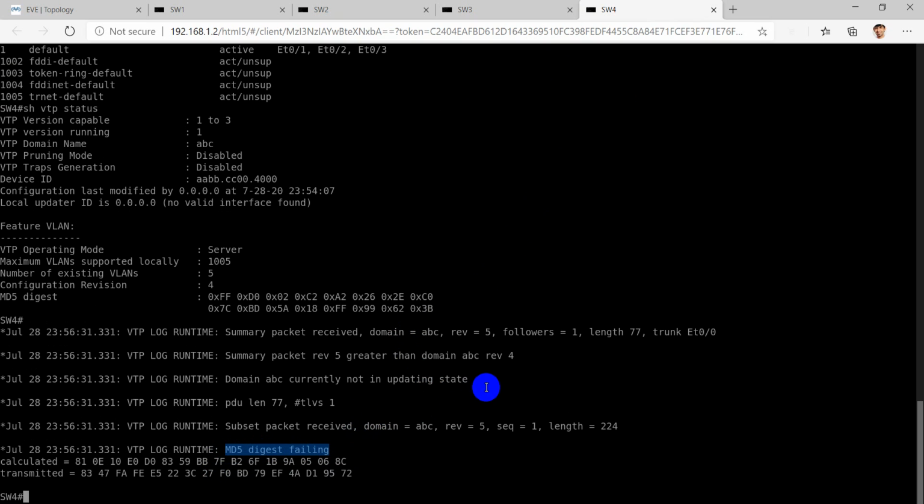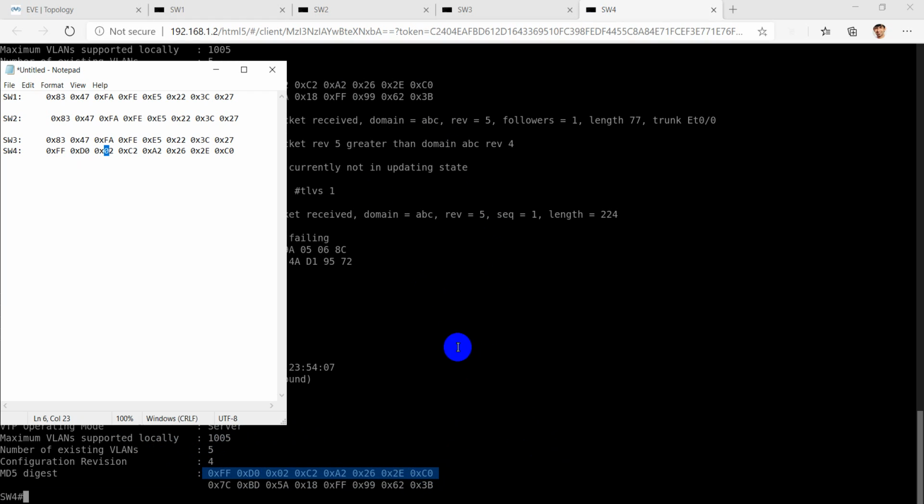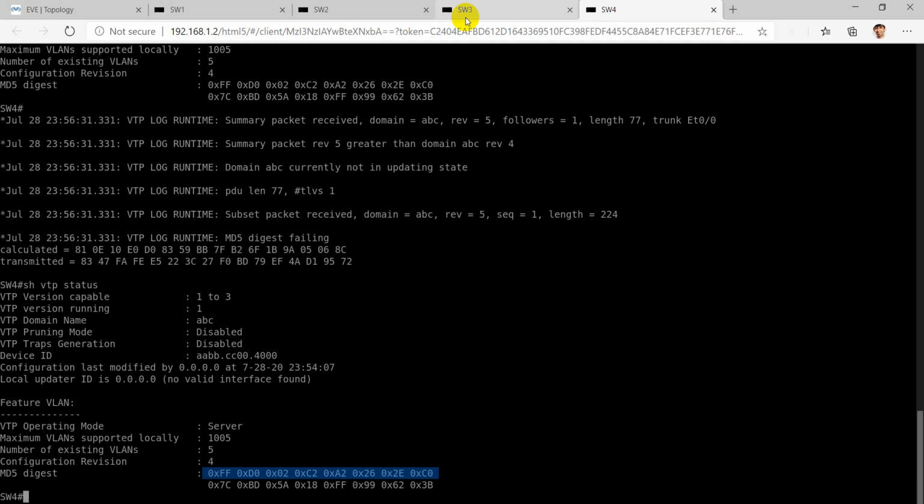So we'll just see show VTP status and you'll see it has not updated its CR number and its MD5 value is what it was before, 0C0. This was the MD5 value. So it has not calculated its MD5 value as it has the password mismatch.